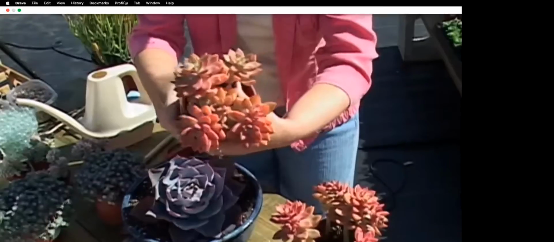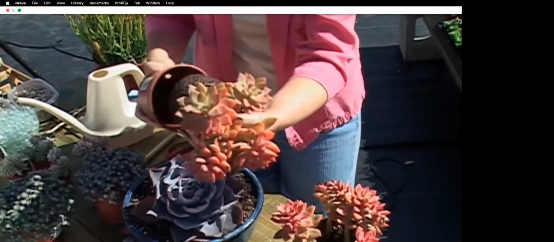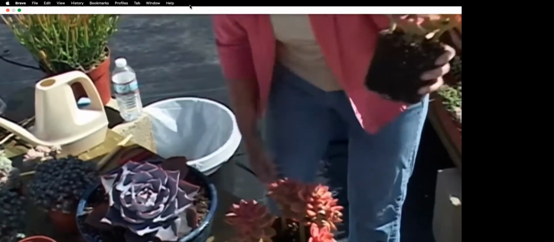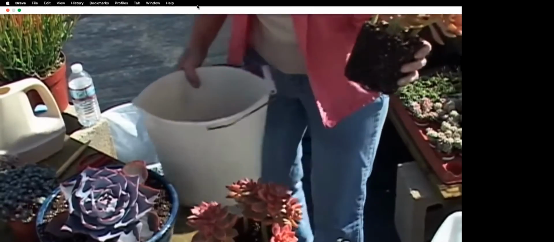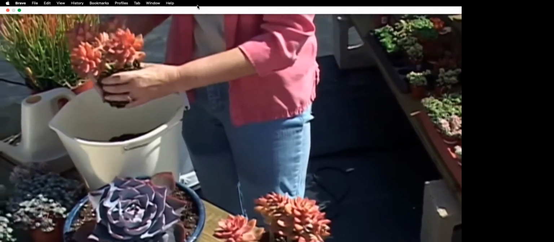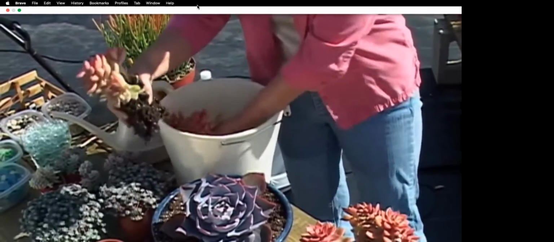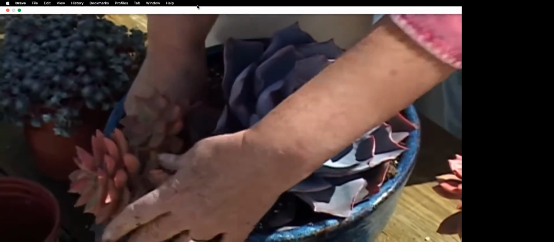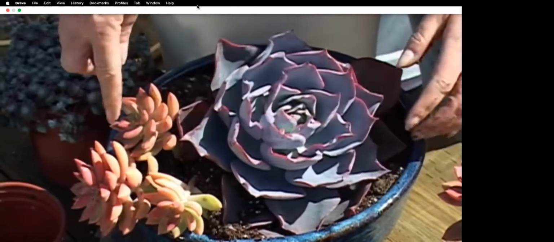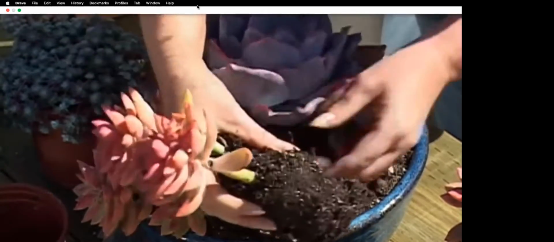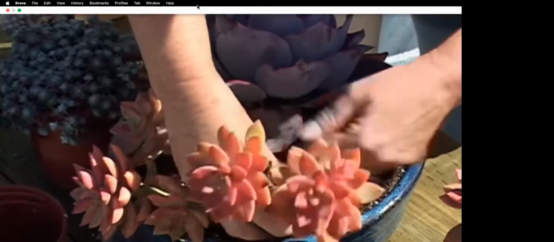And I thought, well, this could be interesting. Look at the colors in that. Now, keep in mind that your most important design principles are contrast and repetition. So here we've got some contrast going on with the red of the Graptosedum. Isn't that lovely with that? Look at the red with the purple of the plant. And we're just going to cram these in here pretty tightly